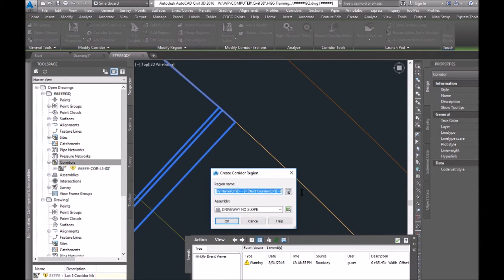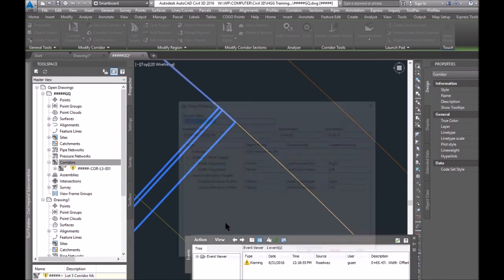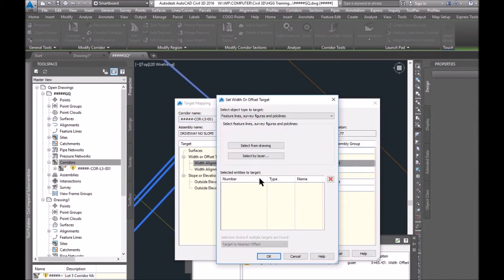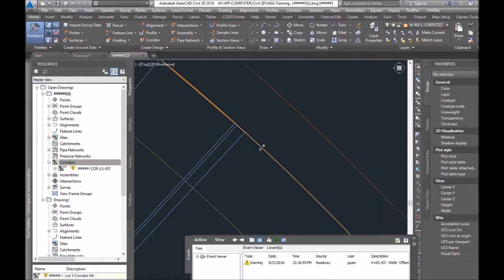It provides an automatically generated name. This name is not referenced anywhere, so I don't care for it. So I hit OK, and now it kind of walks me through the process. I go straight to the targets. So I'm going to set my right target, once again, this polyline,